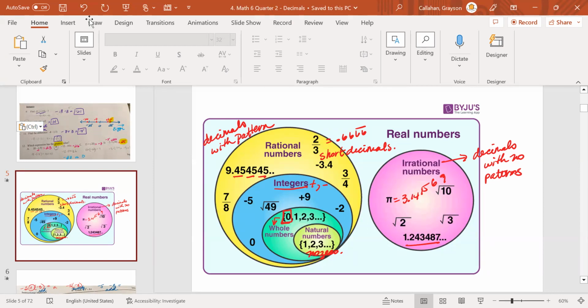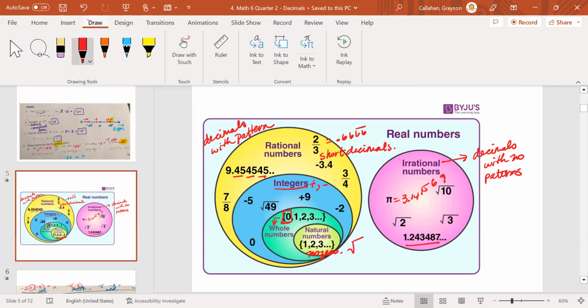If you do have, however, square root of 4, that gives me a 2. That will be a whole number. Square root of 9 is 3. That will give you a whole number. Square root of 1, which is 1. That will be a whole number. So it's a rational number as well. So if you look at this, square root of 1 is 1. Square root of 2